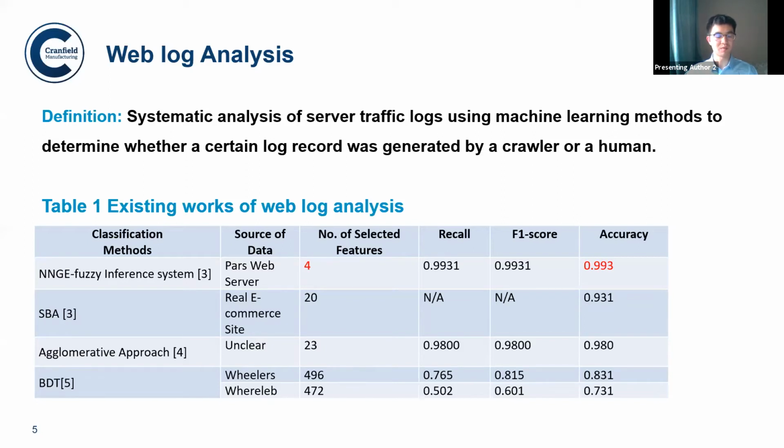Let's now look at Table 1. As you can see, there are 4 methods listed here. I cannot tell you the technical details of them due to the time constraints. If you are really interested, you can pay attention to the references, which will be displayed at the end of today's presentation. The second column shows the datasets used in these methods for training. The third column shows the number of features used to train the models, and the remaining 3 columns are the evaluation scores of these methods. From the table, you can see that the NNGE